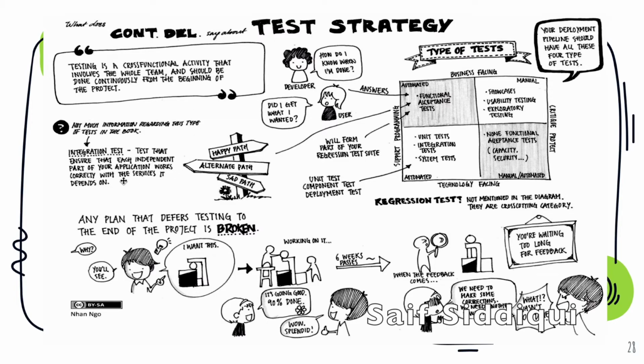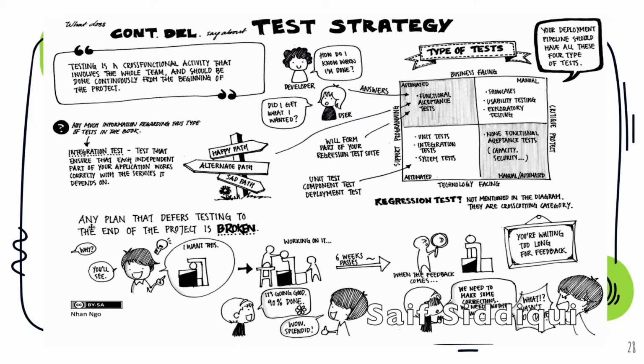From the integration point of view, we can follow happy path, alternate path, and sad path. We are going to define the test strategy in such a way that we are going to have some happy path, alternate path, and sad path. So happy path means we are not performing any negative testing. Say for example, username and password for any user, if it is correct, it should be able to log in. So we are not going to test with incorrect user and correct password, or incorrect password and correct username. And sad path is where we are only going to test the negative aspect of the system, not the positive aspect. Alternate path means we are going to do a mix and match of both.